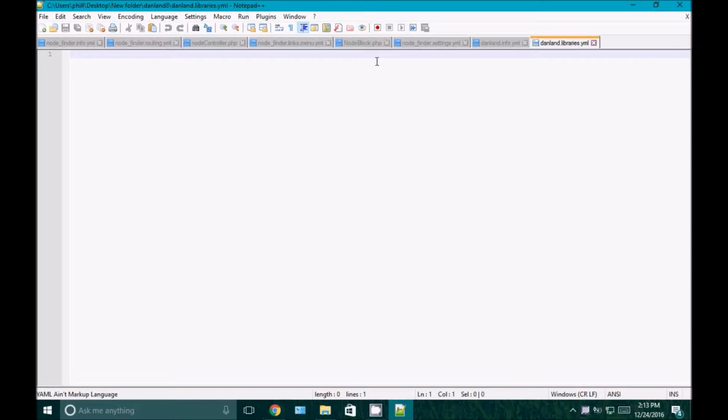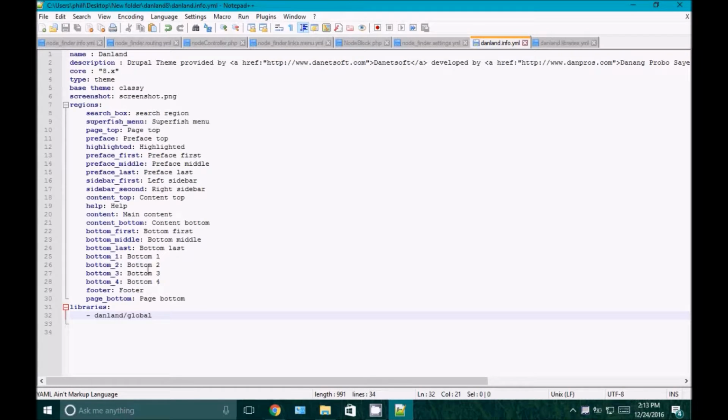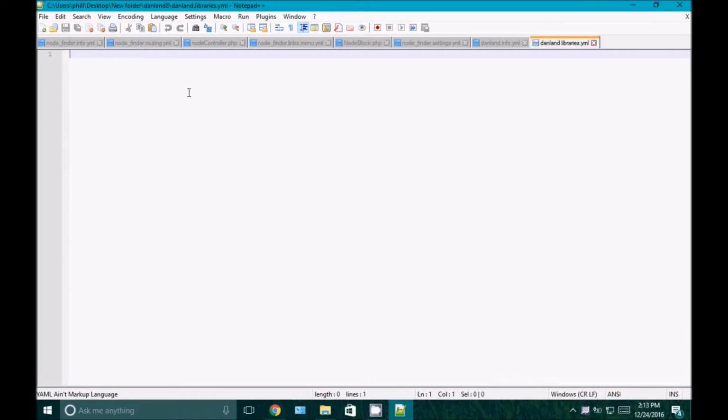So now inside of this file you'll start off with the header with your library name. Any amount of libraries you have, you start off with your name right here as a header using YML syntax. So you can have multiple libraries. For example, if you have the JK library, you have JK as a header, and then you'll indent again. But for me it's just one library, so I'll just have the global library and then indent,